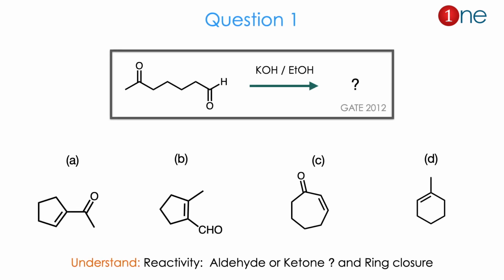Let us see question number 1. The starting material is a linear chain containing a ketone and an aldehyde. You are using a base. They ask you to find the product. The product can be a 5-member ring, 6-member ring or 7-member ring. You have a conjugated carbonyl there. The question is basically where the enolate is formed, whether on the aldehyde side or the ketone side. So from the question and product you might understand the real question is about reactivity, which is on aldehyde or ketone. And definitely ring closure occurred here. The answer is B. Let us see how.